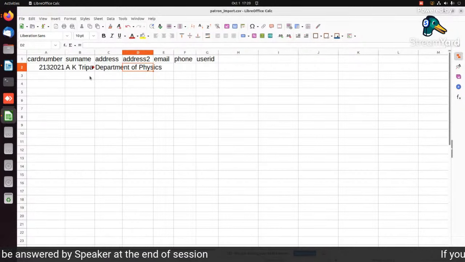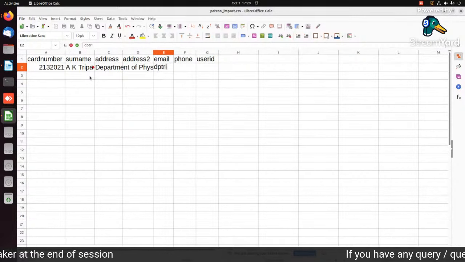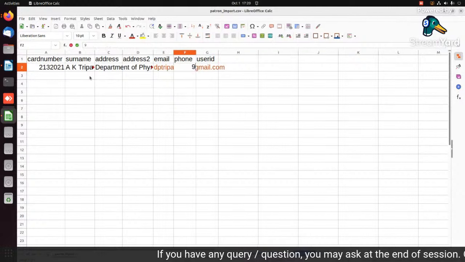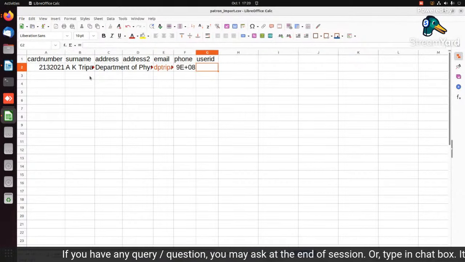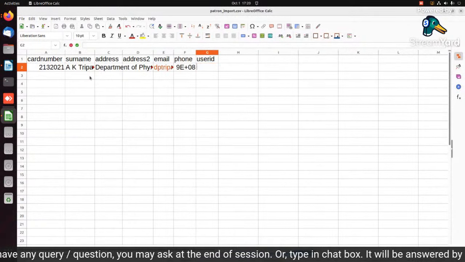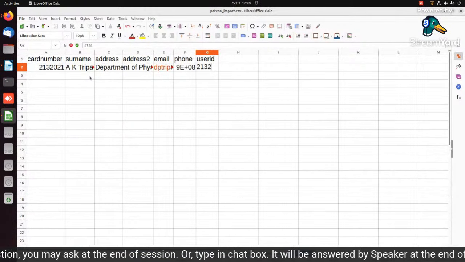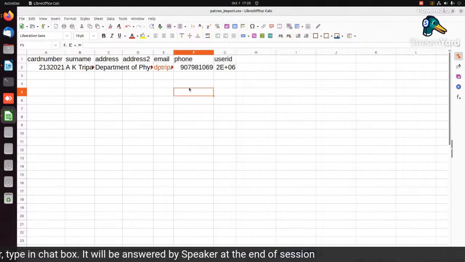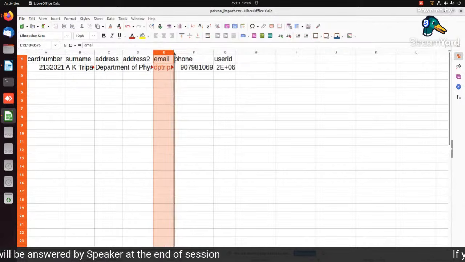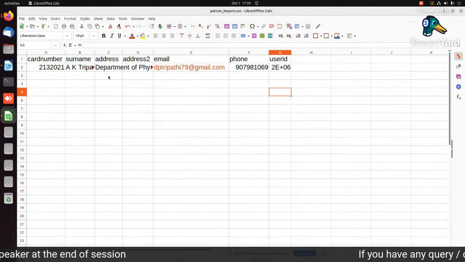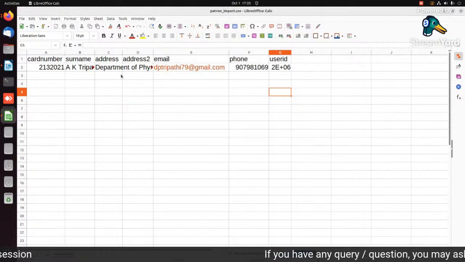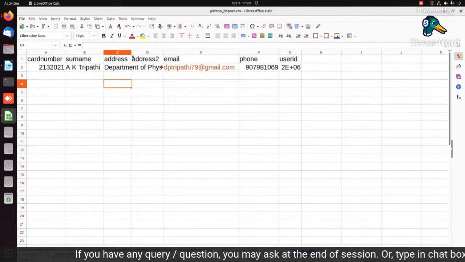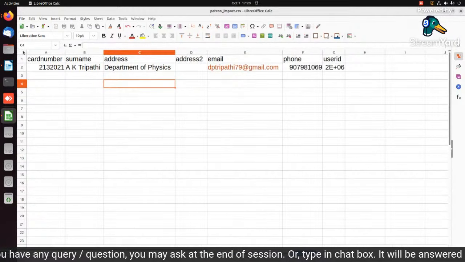Then if there is any other address you give, I add the mail ID here. If you want to add the phone number, and then you just give the user ID. Card number and user ID you have to fill in very carefully. They should be the same, otherwise the student will find it difficult to log in to the OPAC. So you fill up all the details, whatever records you have, 10, 15, whatever,